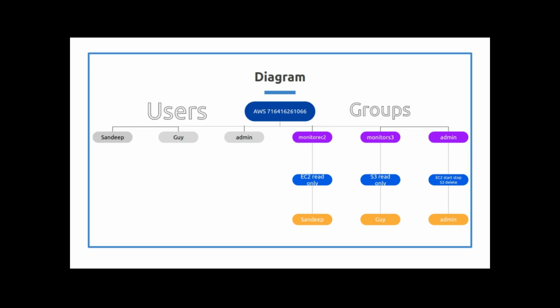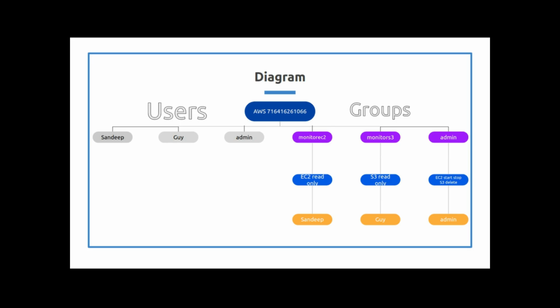So this is what the lab is going to be about, because let's say your EC2 instance is holding your website, to go back to the business case. Let's say you have an EC2 instance with a website, and an S3 bucket, and you have somebody who all they do is work with S3 buckets. You don't want them to be able to delete or shut down the website, right?